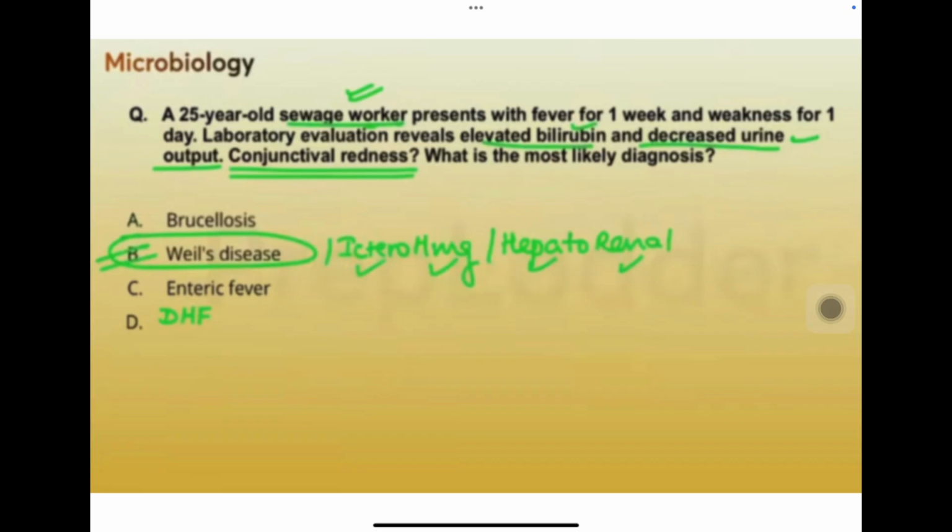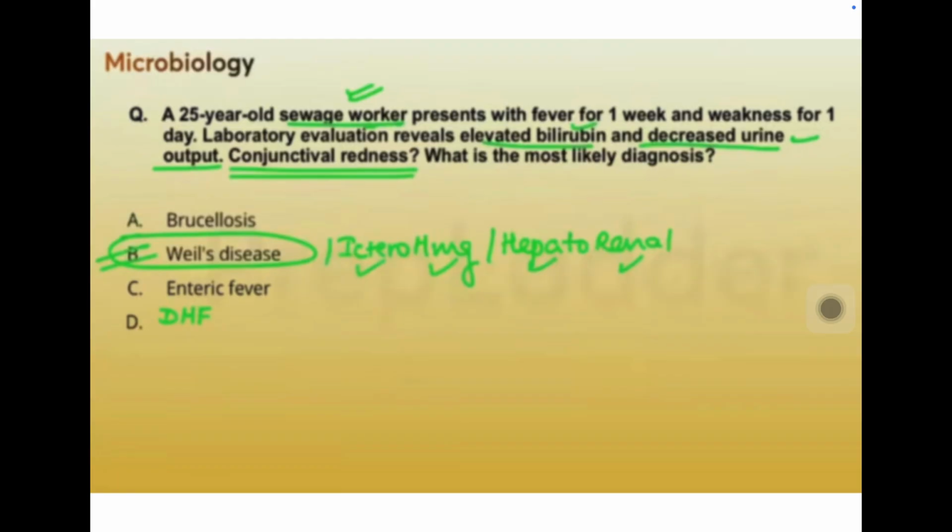A 25-year-old sewage worker presents with fever for 1 week and weakness for 1 day. Lab shows elevated bilirubin and decreased urine output. There was conjunctival redness, and there was also mention of microagglutination test. Your diagnosis is Weil's disease, not hemorrhagic fever, given the hepatorenal symptoms. People had confused this with hemorrhagic fever because they had mentioned there is redness in the conjunctiva, but Weil's disease